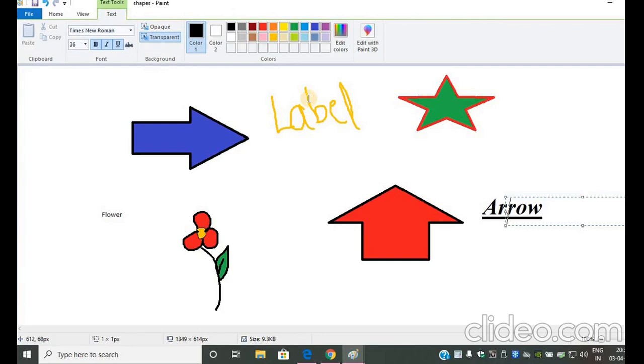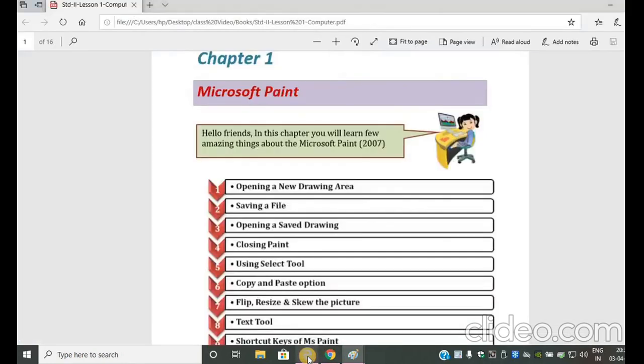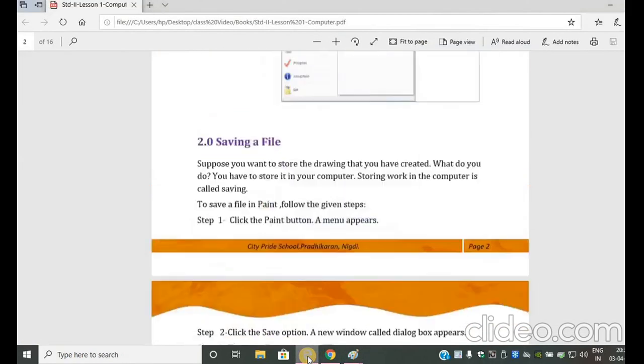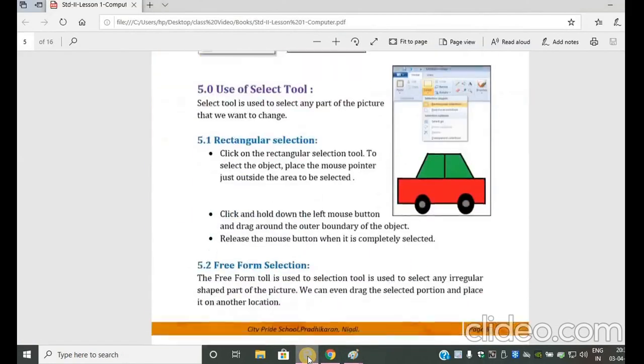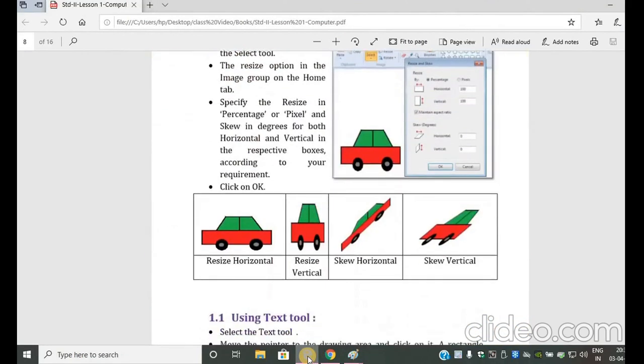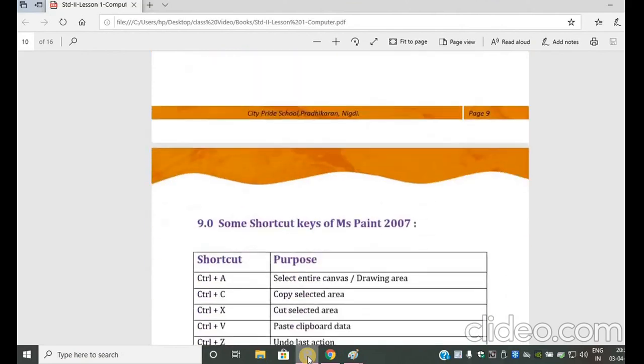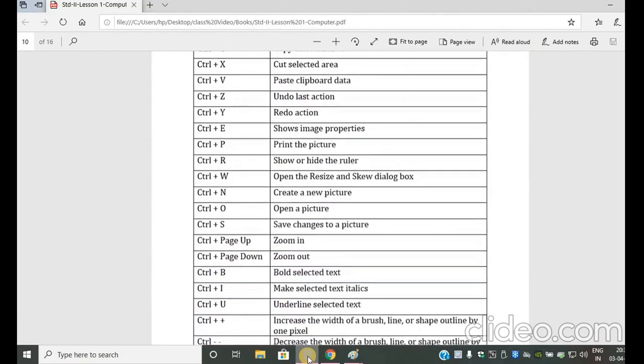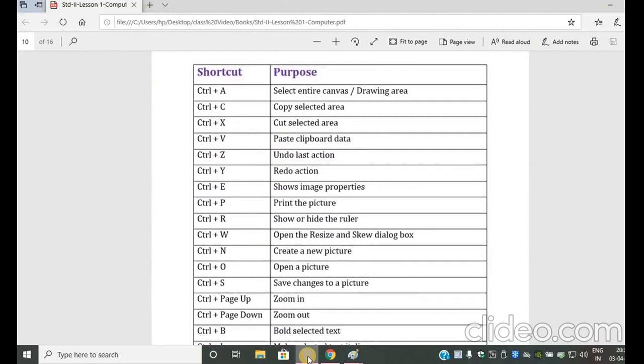Now the next thing is there are some shortcut keys available in Paint. So let's see what are those shortcut keys. Shortcut keys will help you to do your task in a very quick manner. Yes. So these are some shortcut keys.